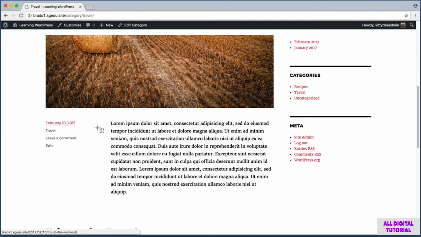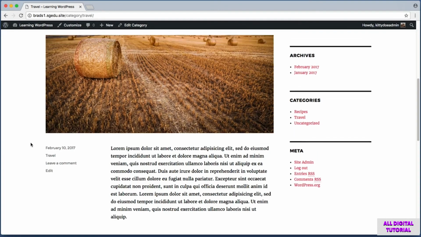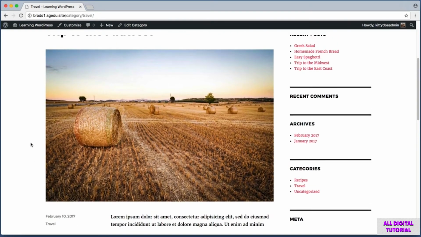So number one, you'll notice that the content for this post lives in this column. And the information about the post, so the date that it was posted on and the category that it lives in, that information takes up this column. So if we would have inserted this image into the main content field with this text, then the image would have lived in this column. Instead, because we set this image to be the featured image, our 2016 theme, or whatever theme you are using, will be on the lookout for the featured image, and it will use it in special places in the layout.